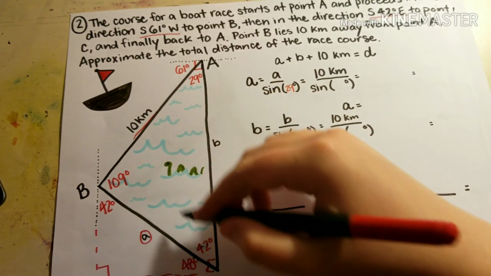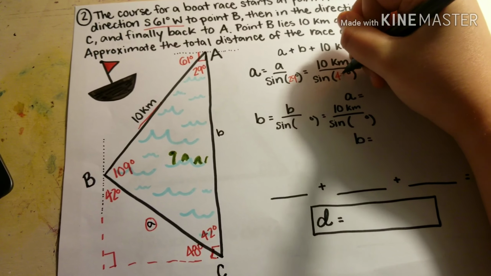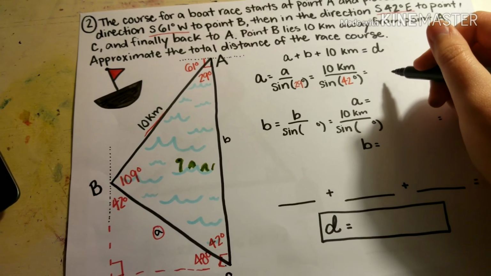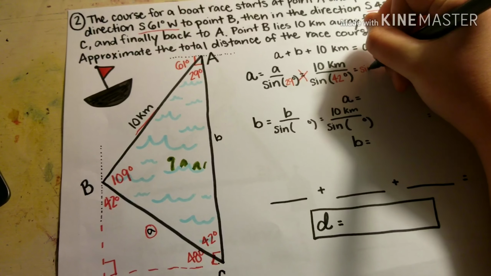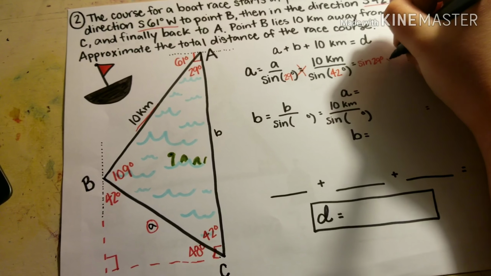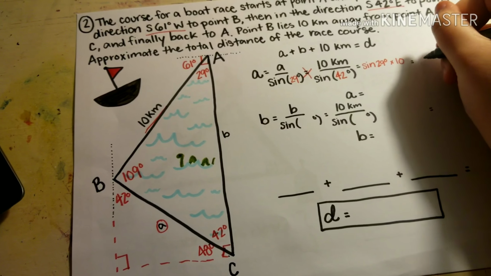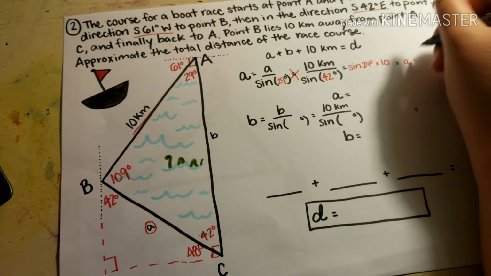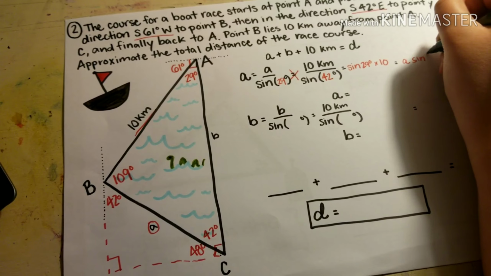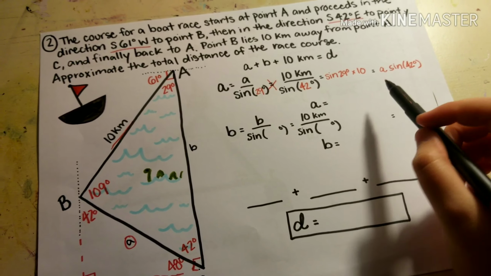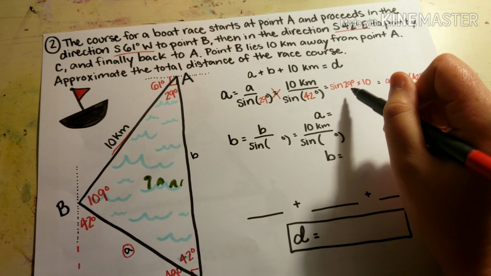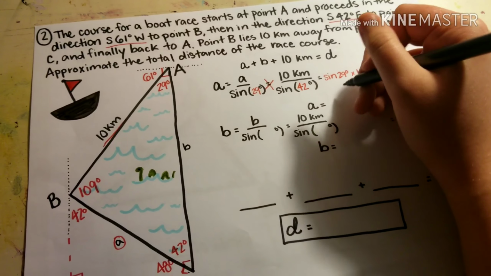And then across from the 10 kilometers, that is 42 degrees. And when you cross multiply, that gives you sine of 29 degrees times 10 and A times the sine of 42 degrees. And then when you multiply these together, you get